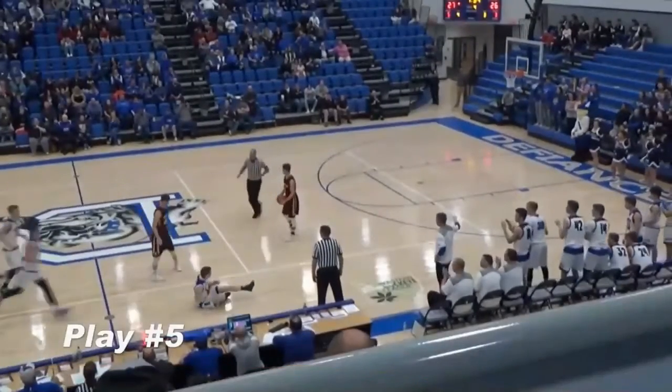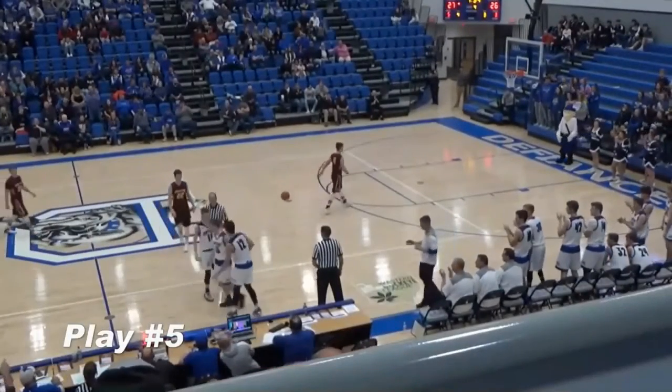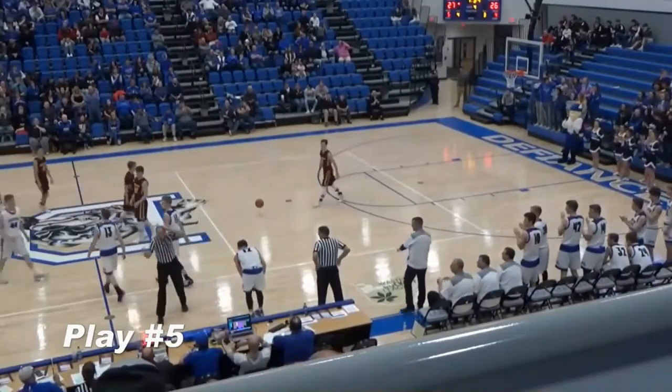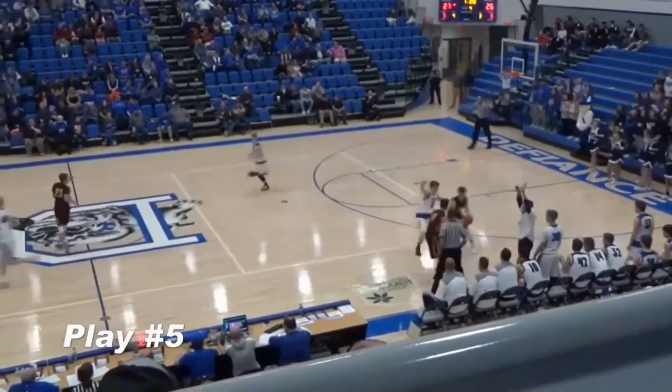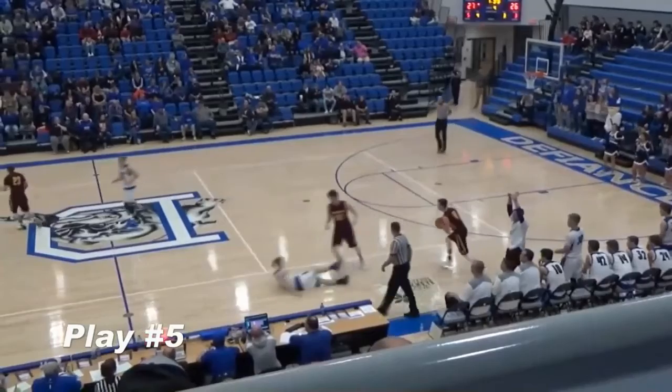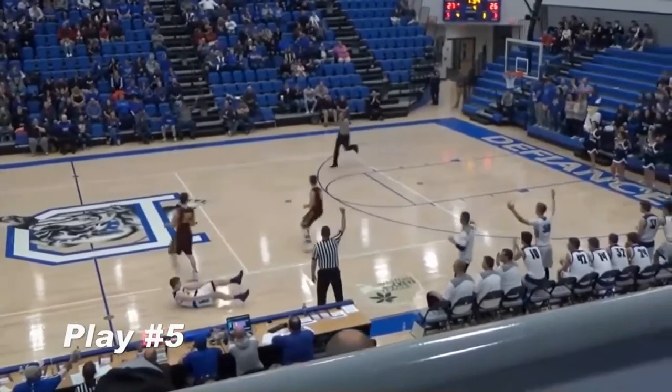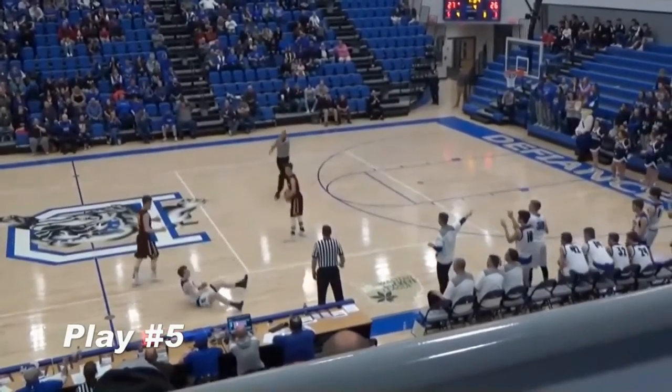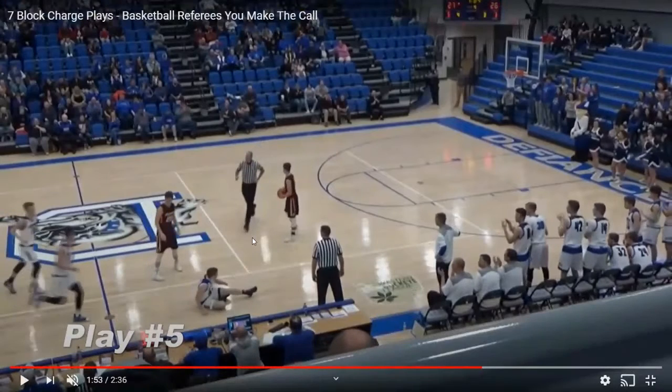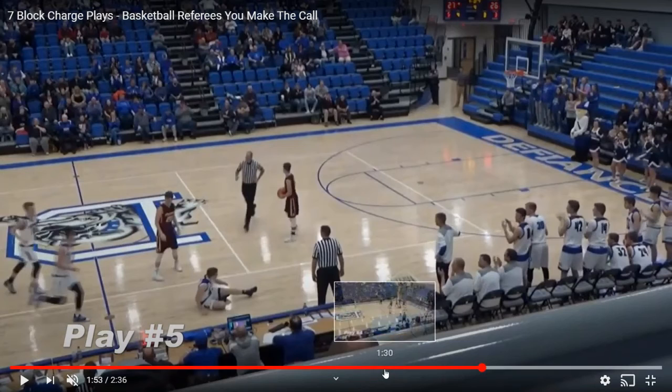Does a really good job of closing down after the whistle to get closer to the play, but I think could have been slightly more closed position before this contact happens, and sends it the other way. Agree with you. All your comments there, Kurt. Good job. I think the officials got this one right as well. We've got some pretty aggressive defense being played there, and I don't think the feet were set. I think they were sliding, and it was clearly a block, I believe.